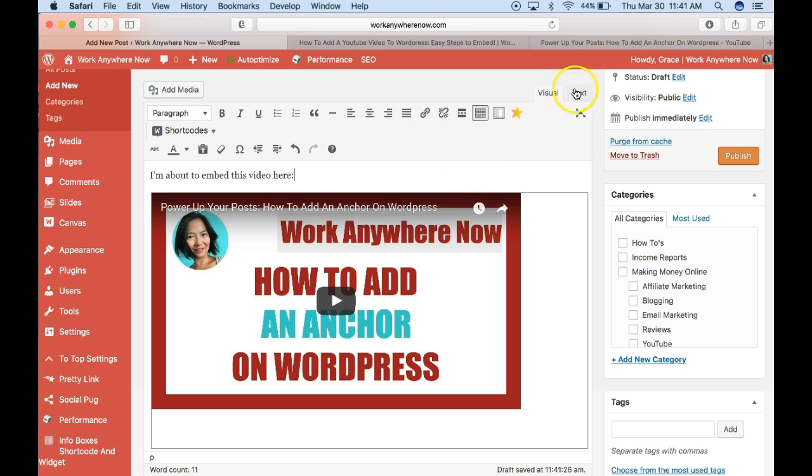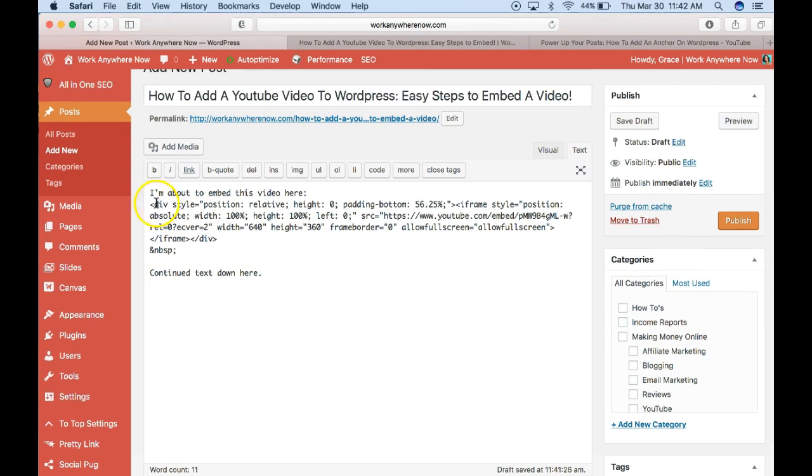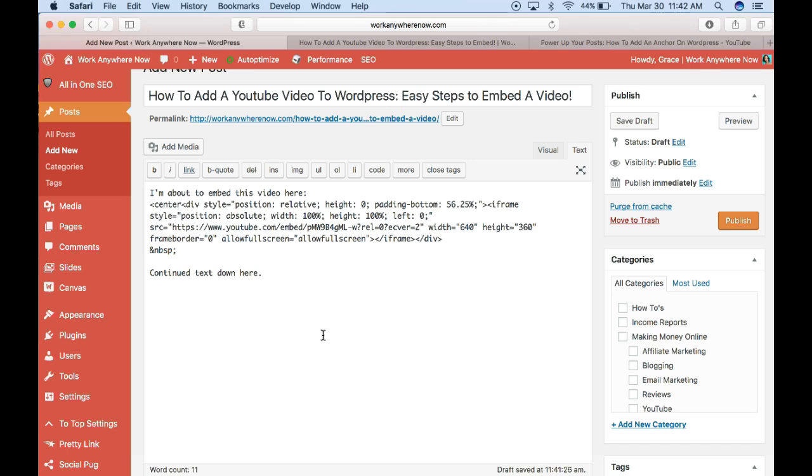So the trick that I use is I go back to the text tab, and then I just put less than sign and I put center and greater sign, and then I close that at the very end of the video code with less than sign slash center. So that just closes it. It just means that I'm just going to center just the video part. So if I go back to the visual tab now,